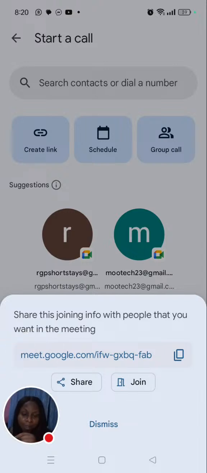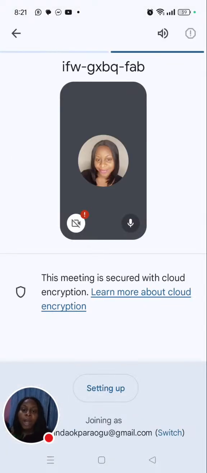Now bear in mind that I can also come here and join, if someone else creates a meeting and sends me the link. How people usually have meetings is that your clients, or someone in charge of the project, will say, oh, create a meeting for the whole group at this time so we can have our meeting. So you just log in, create the meeting and share the link. When it is time, they'll just click on it, you start the meeting, and they are there. Now I can click here to join. When I click to join,